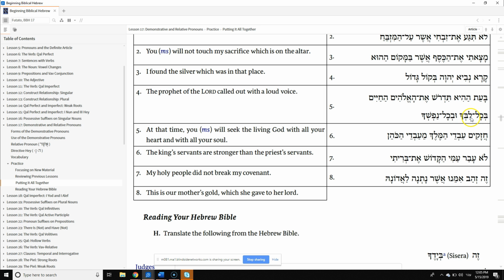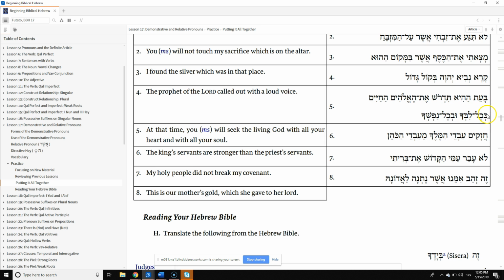Bechol livecha. Should be libecha. This is going to be a hard B sound because of the dagesh here. This is a doubling dagesh because it's preceded by a vowel. Libecha uvechol nafshecha. So let's leave this alone for a minute and just come down here and try to